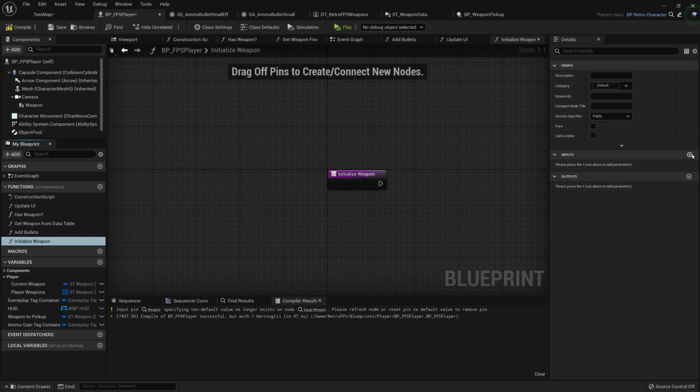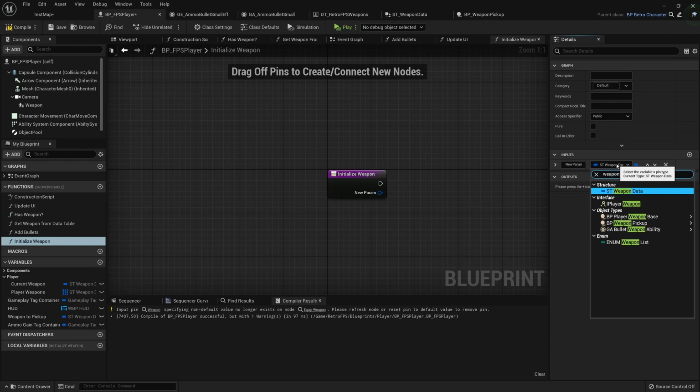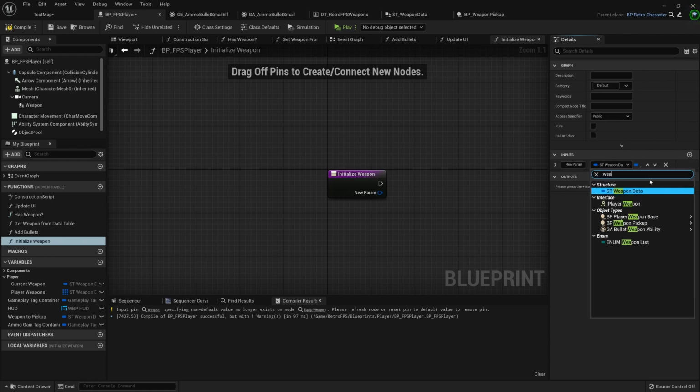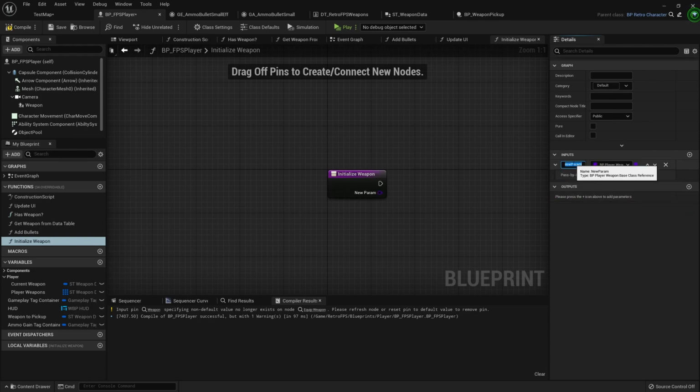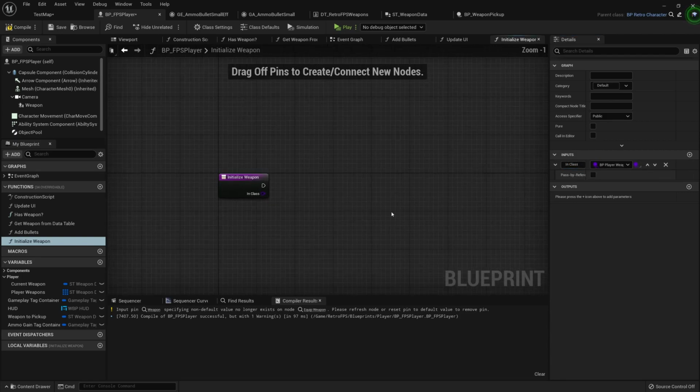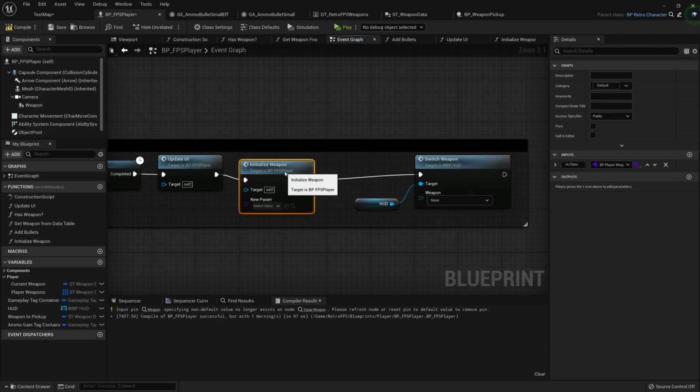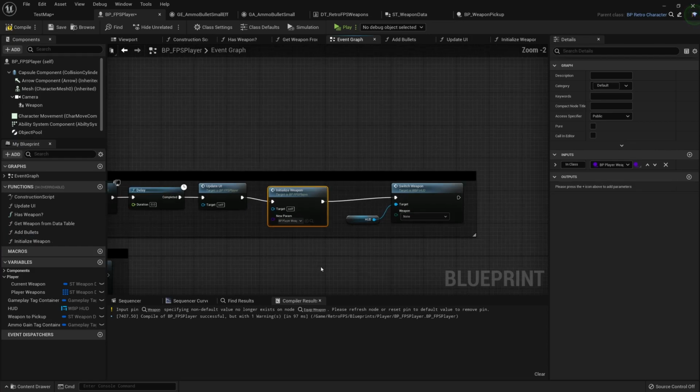And it will have an input of a weapon base class, and we'll call that in class. And then back in the event, we can use this initialize weapon and just plug it in right here. And we'll just choose player weapon base.